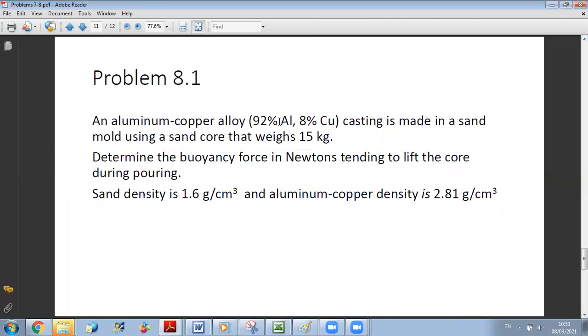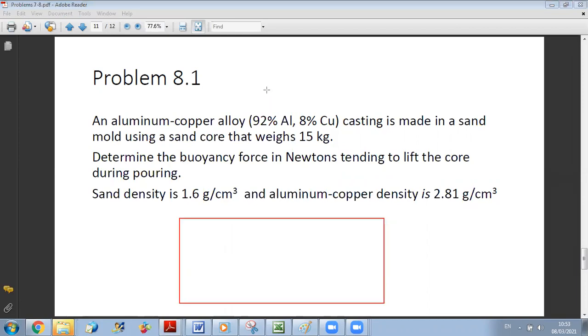In an aluminum copper alloy, 92% aluminum and 8% copper, casting is made in a sand mold using a sand core that weighs 15 kilograms. Determine the buoyancy force in Newton tending to lift the core during pouring. Given that the sand density is 1.6 gram per centimeter cube and aluminum copper density is 2.8 gram per centimeter cube. All you should know about buoyancy is that in general the core,